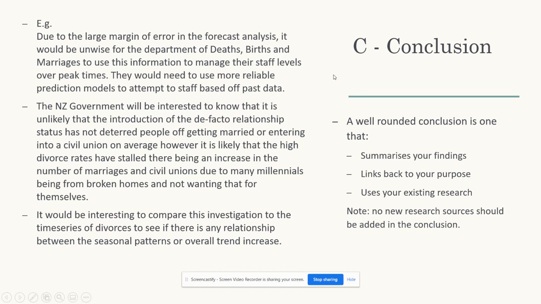The last thing that we need to do in terms of an extended discussion for merit and excellence is a conclusion. Now, this conclusion has to be a well-rounded one. It needs to summarize everything that you've already identified, remembering it's a summary as well. Making sure it also links back to your purpose. In your purpose, you said, who is going to be interested? What are you investigating? What is your question? Making sure you have an answer to that question, making sure you have a direction for the person who would